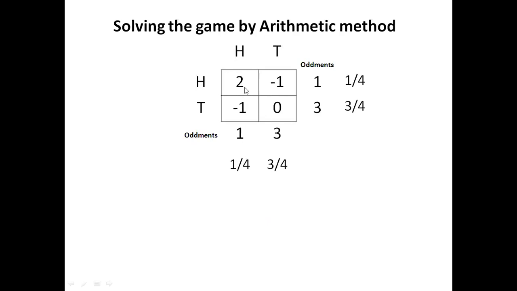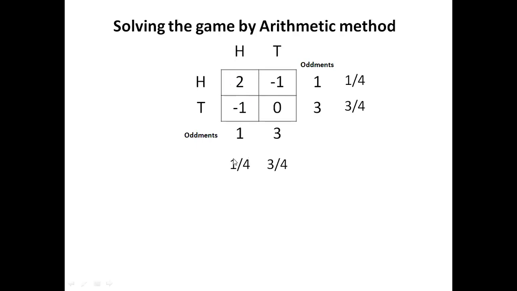2 into 1 by 4 means what? When the player P2, or the second player, is playing with both the strategies, at the same time the player is playing with a single strategy, then what is the outcome? That outcome is, because that player P2 is playing with the first strategy with a frequency of 25%, that is 0.25 or 1 upon 4. So 2 rupees, suppose you would have played with 100%, then you would have won 2 rupees, but he is playing only with 25%, 1/4 of that.